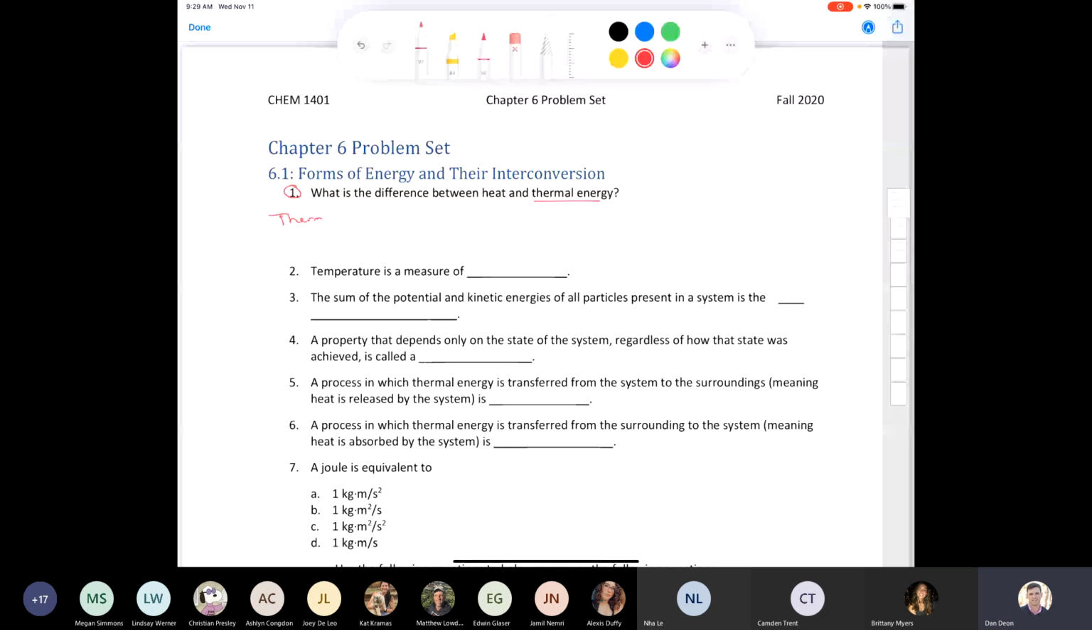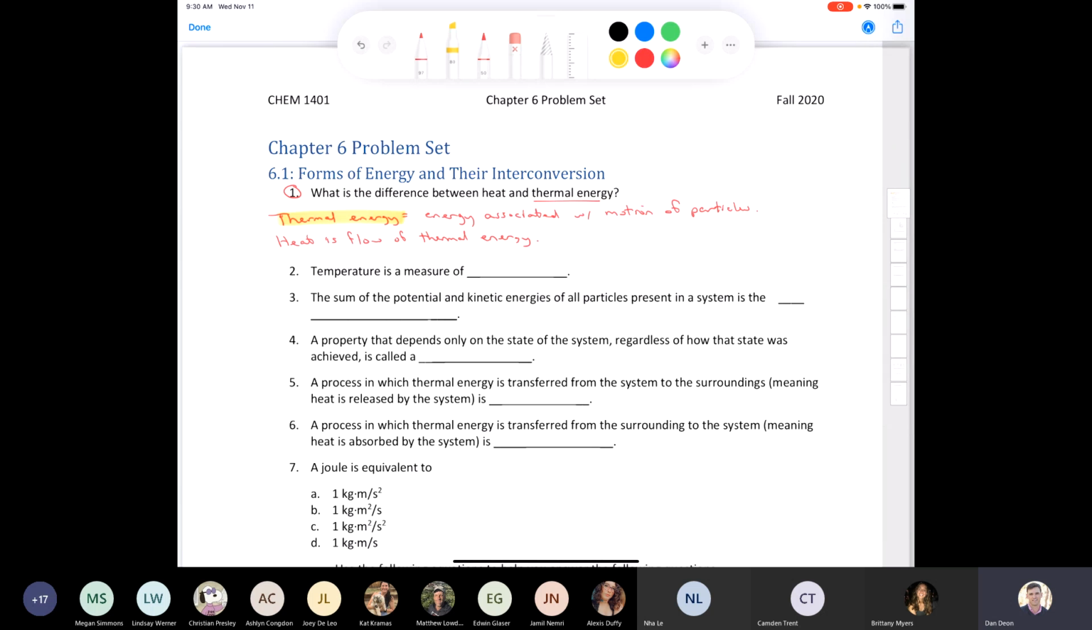Thermal energy is energy associated with motion of particles, and heat is the flow of thermal energy, right? And in terms of thermal energy, one of the classic questions that gets asked in chemistry